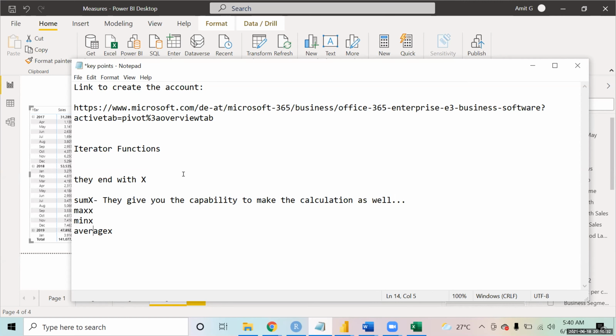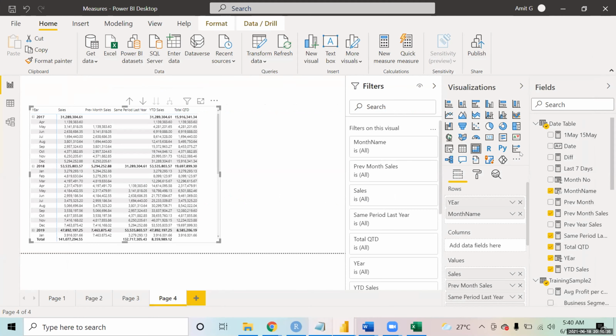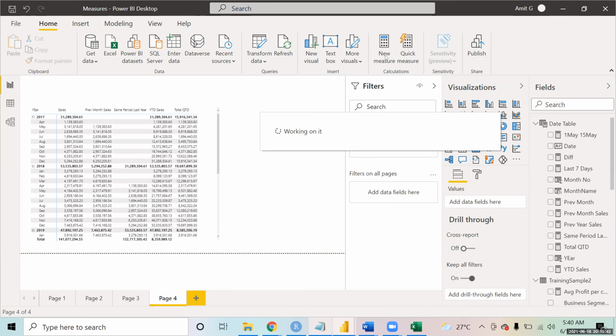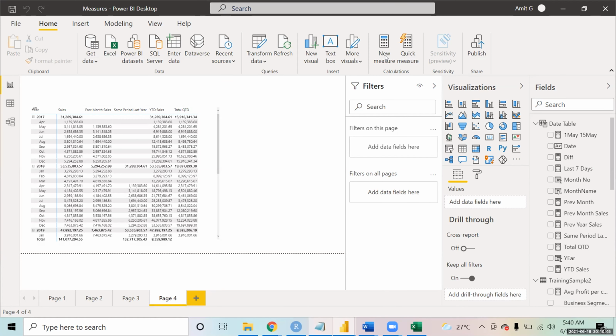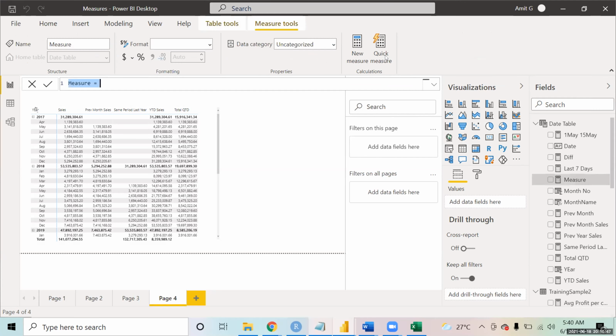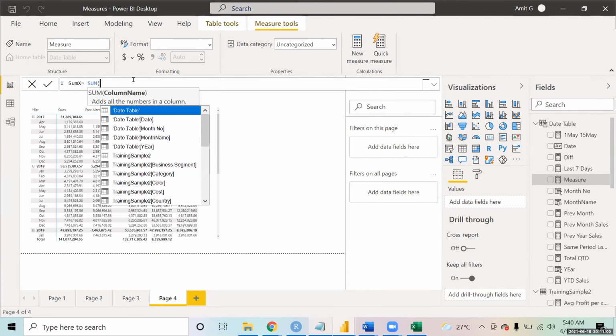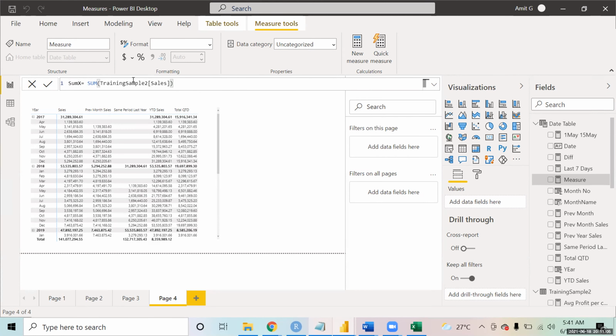For example, if I create a new measure over here, let me call it SUMX. When you use the sum function, you can only give one input. You can say, I want the sum of sales. That is what happens in the sum function.